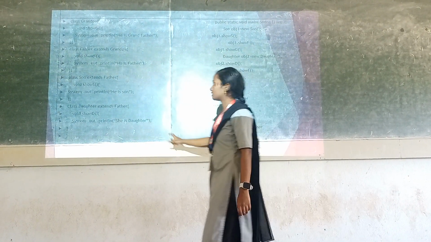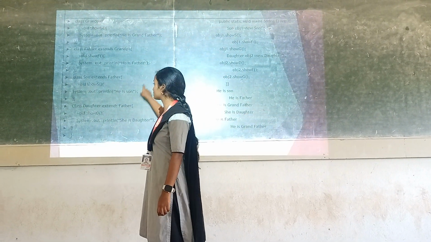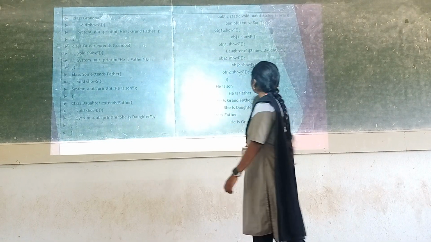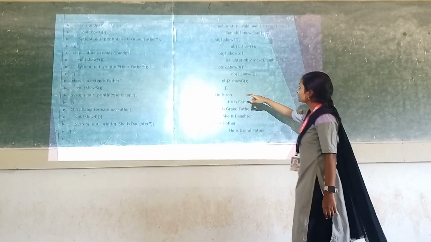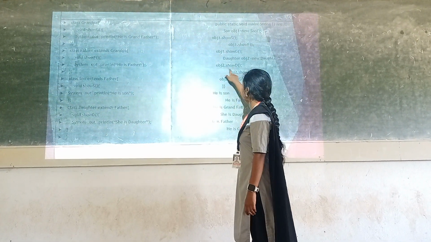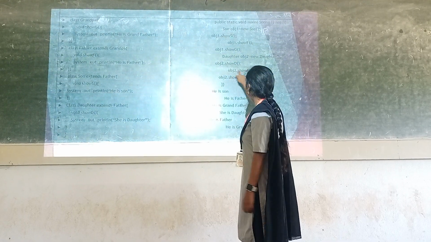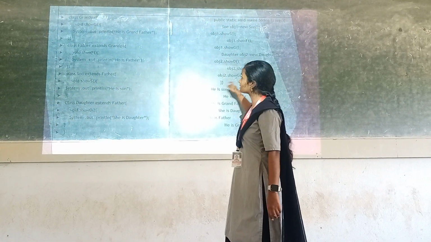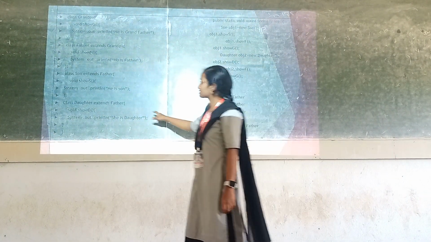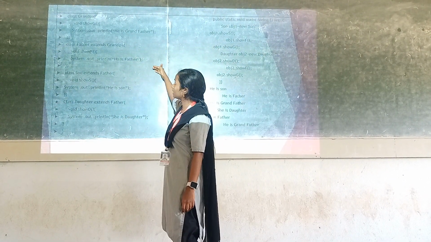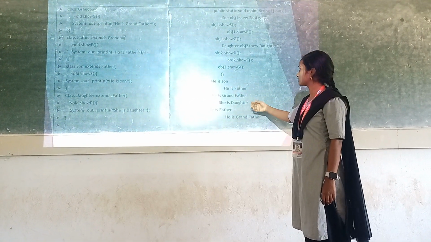But we can't access the daughter class, which is a sibling of the son class. So we have to create another object. I have created one for the daughter class: daughter object equals new daughter. Using the object, I am calling the method showd, which is the daughter's method, and object 2 dot showf, which is the method of the father, and object 2 dot showg. So the daughter class can also access both the father and grandfather class. We will get the output as: he is a son, he is a father, he is a grandfather.